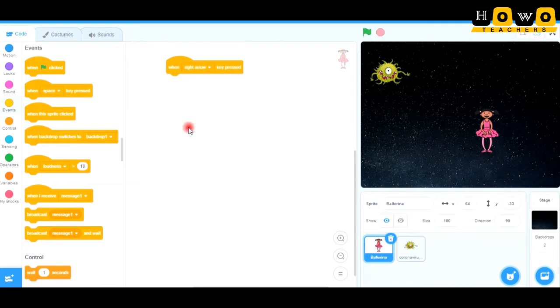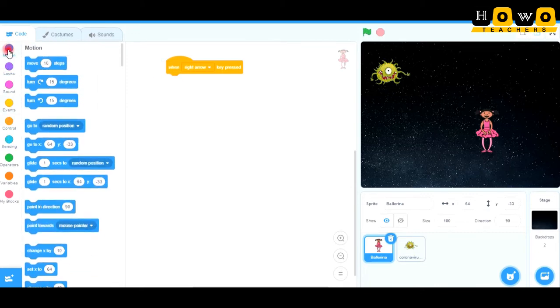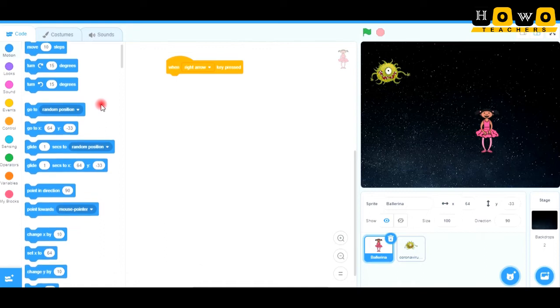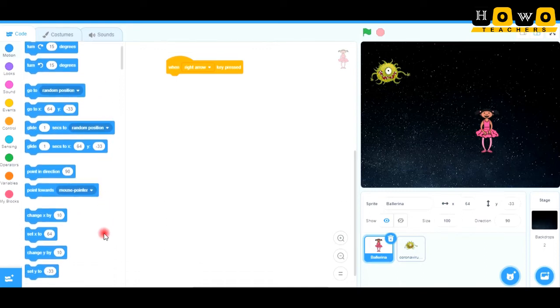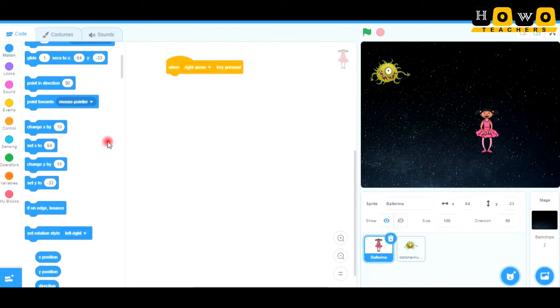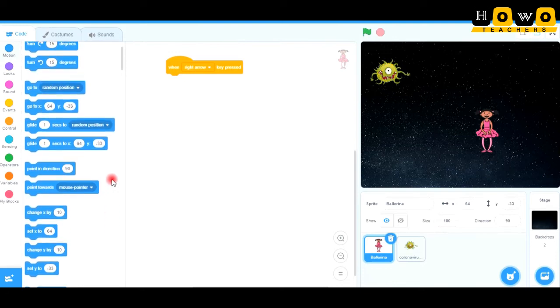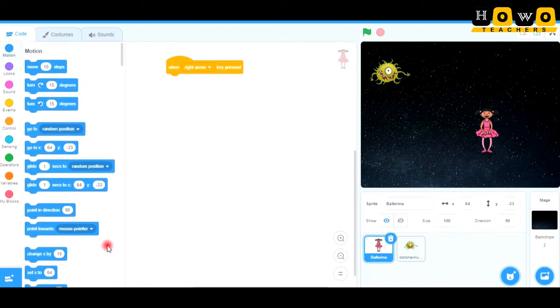So whenever the right arrow key is pressed, then what will happen? Then the position of the ballerina should change. For changing the position, I have to go again to the motion code blocks, and I have to change the x-axis. Now where is the x-axis? You have to look for it. Change x-axis.